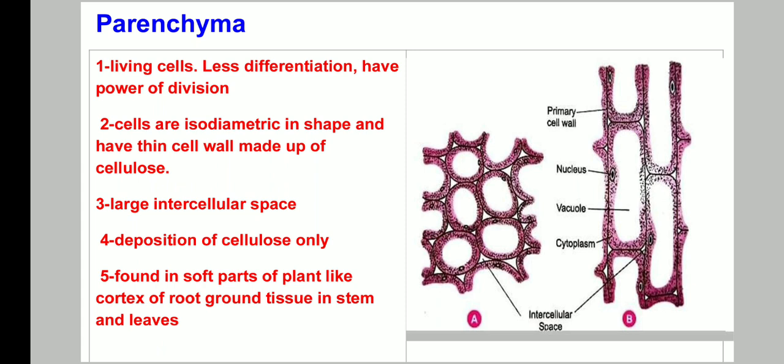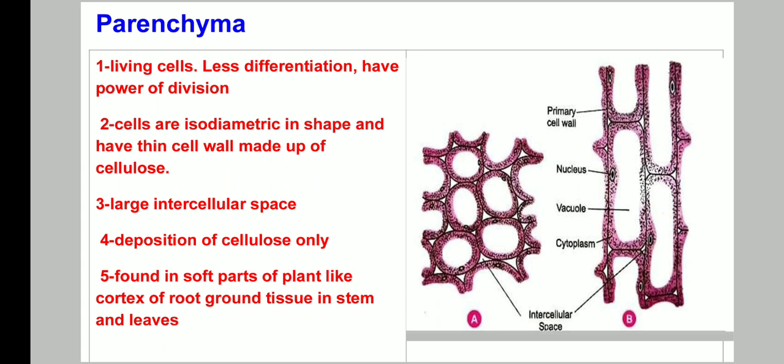The difference between a meristematic tissue cell and a parenchymatous tissue cell is generally the large vacuole. Otherwise, as I told you earlier also, they also have a thin cell wall. The cell wall present in parenchyma is thicker than the cell wall present in meristematic tissue cells, but the structure of the cell is not so differentiated, so less differentiation occurs in this,